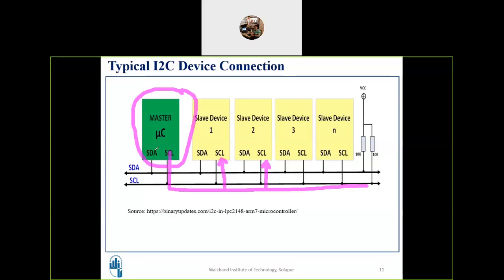Suppose you are thinking of communication taking place between these two devices. If this master is sending the data to the slave, in that case this particular pin will be the output pin and this will be the input pin.